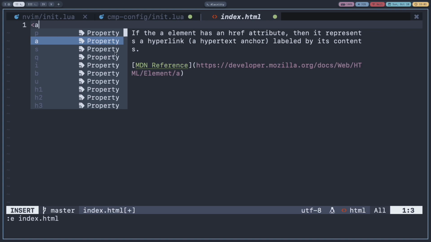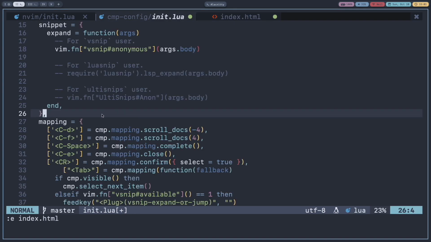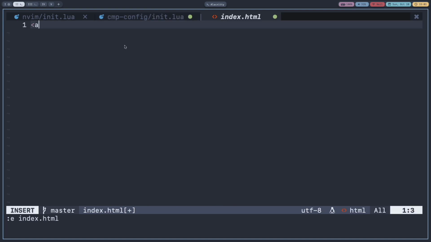If the documentation is big, to scroll I can use Control D. Control D will scroll up and Control F will scroll down.